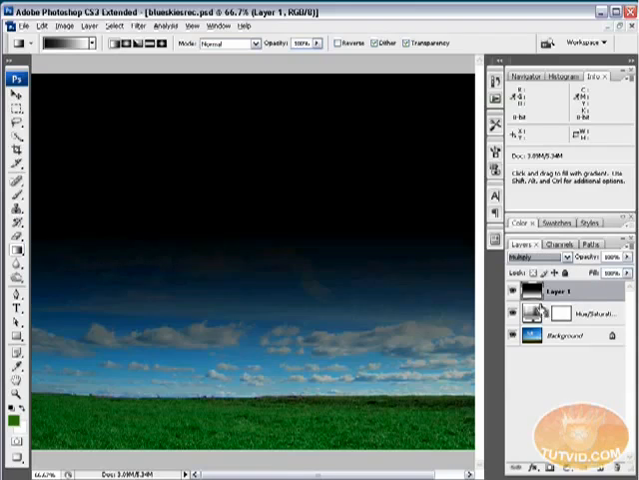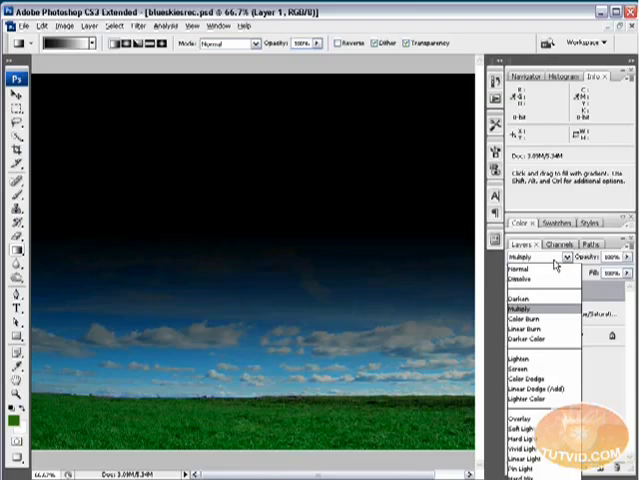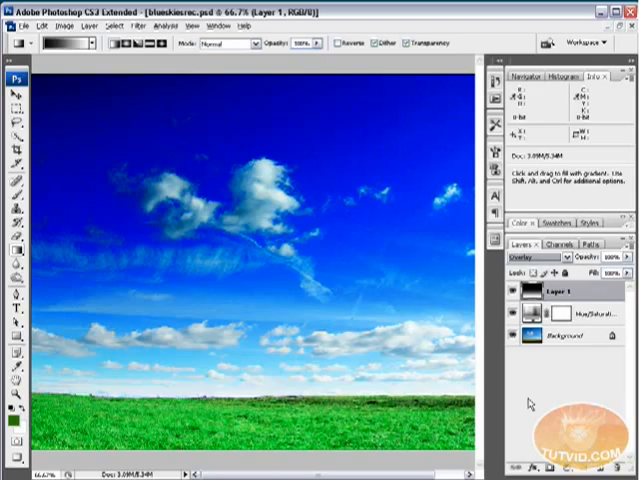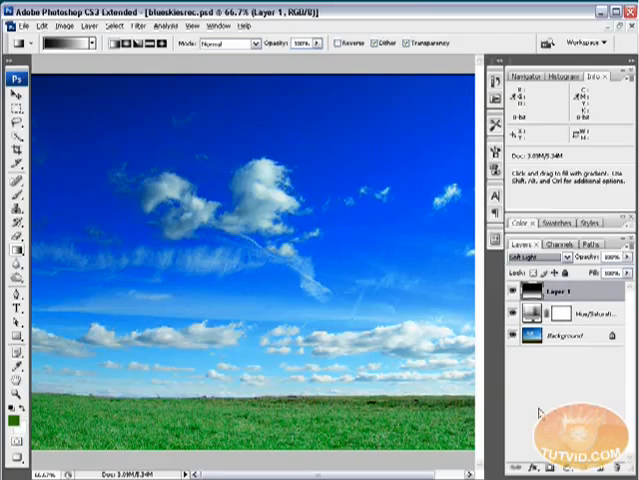Let's try something a little darker like multiply. Well, that covers up most of my sky. That doesn't work. Let's try overlay. That's pretty good, except that really blows the sky out and blows the grass out. Let's try soft light. Soft light, that looks pretty good. Although I can see my sky is becoming pretty noisy, and there's a few reasons that's happening, but basically what